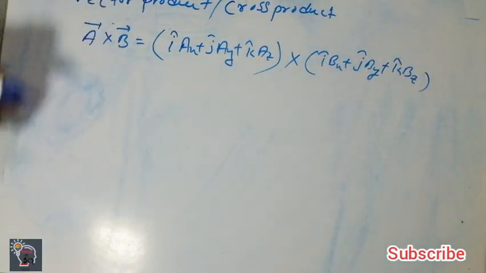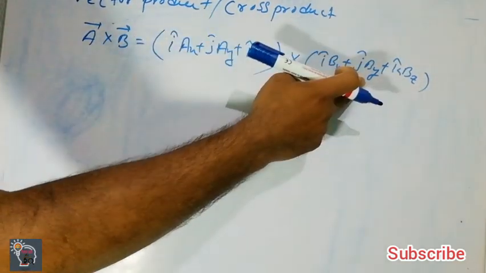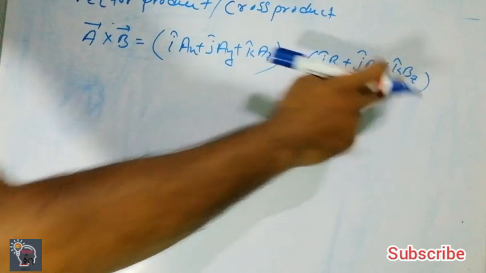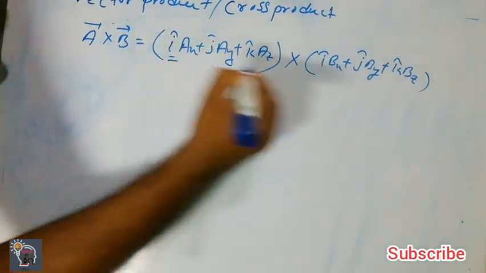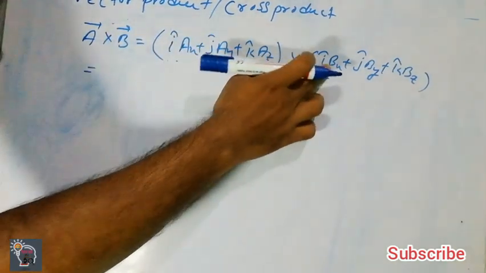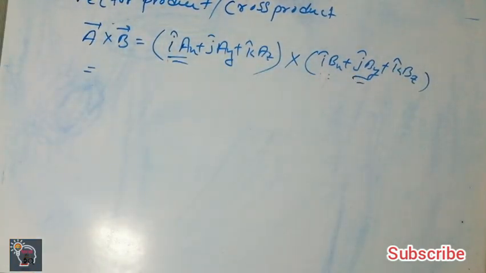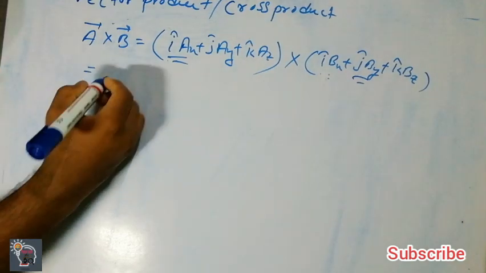So now I have to use the formula i cross i is equal to 0, i cross j is equal to k cap, and i cross k is equal to minus j cap. So i cross i is equal to 0. Now i cross j, I am going to cross between i and j. i cross j is equal to plus k cap. So k cap